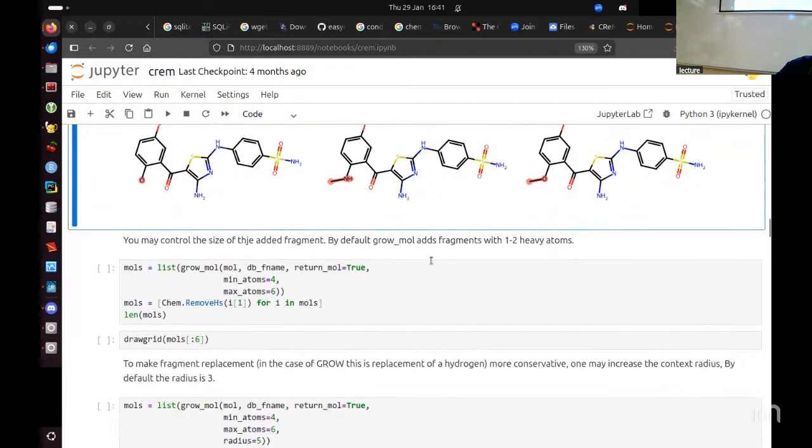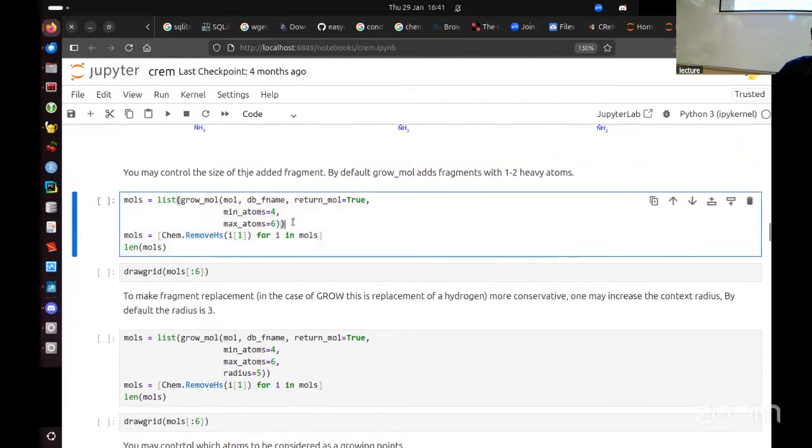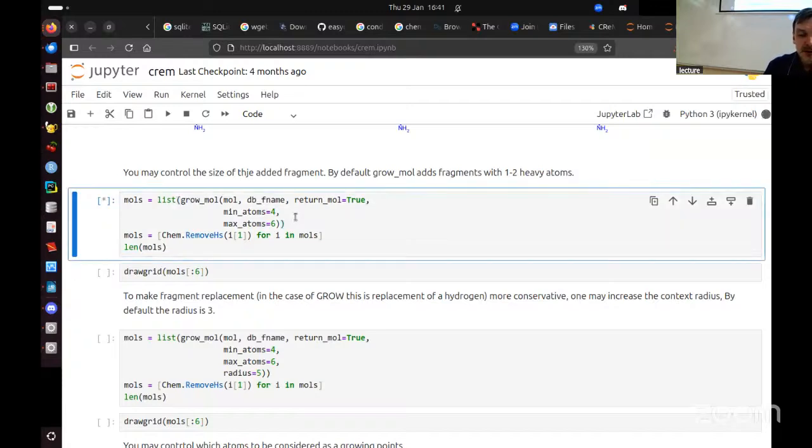What else can you tweak? For example, in the next cell, you can specify the size of a fragment which will be attached, and you can specify the minimum fragment size and maximum fragment size. These are the arguments of grow mol. In this case, we specified 4 and 6, so this should be some larger fragments added in some random position